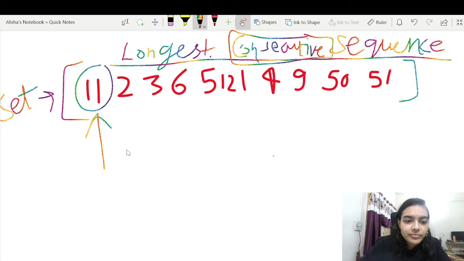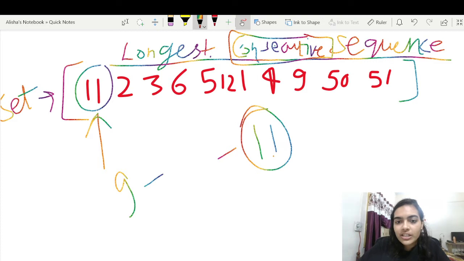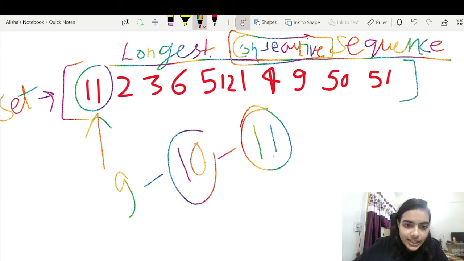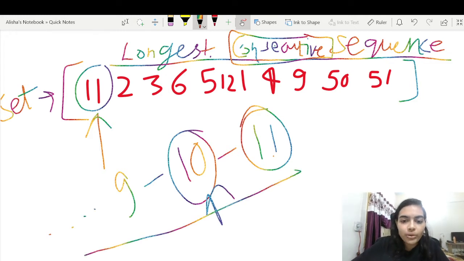That means there is no chain that is coming and connecting to 11, because 10 is not found, right? So even if suppose you have elements like 9, it doesn't matter because there is no chain from which 11 is connected from before. So 11 is free, it is not connected to any previous chains. If there was 10 in the set, you would have seen that 11 would have been connected to previous chains, and you would have had to count or add those values also, because they form a continuous consecutive chain. But in this case we don't have 10.